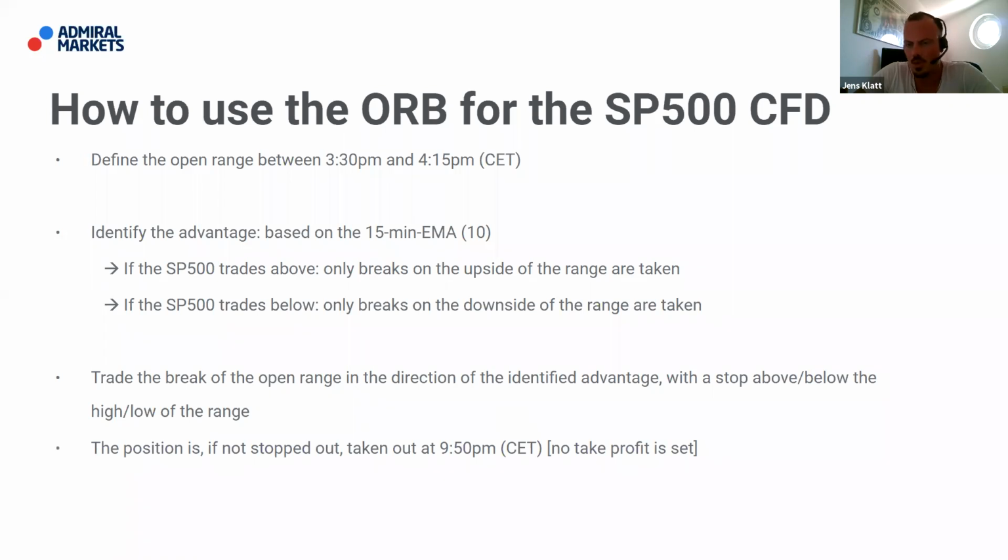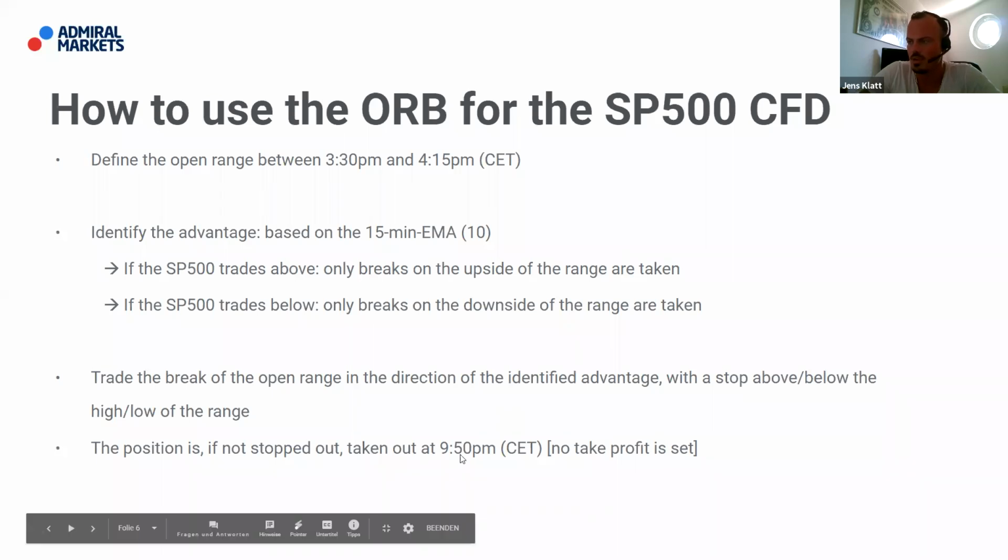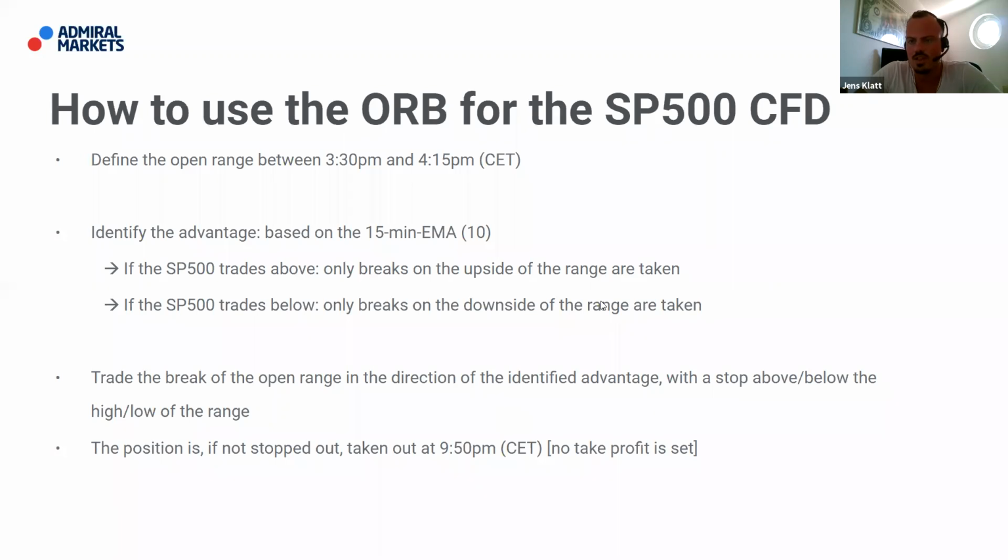Or let's say we have one, but it's not the common way that we say it's price XYZ, but it's a trade which is taken out at 9:50 p.m. CET, so 10 minutes before Wall Street closes, and there's no take profit set, which means we work with, let's call it, a time take profit. This is a very interesting approach, but what we found out is that if we work, for example, with the predefined take profit level, as we did last week with the DAX,